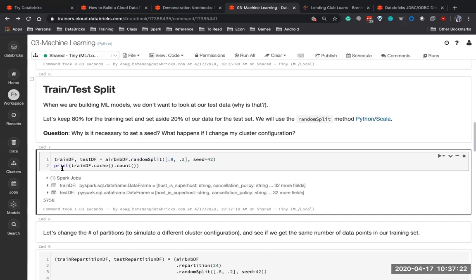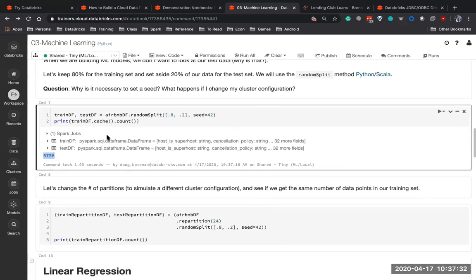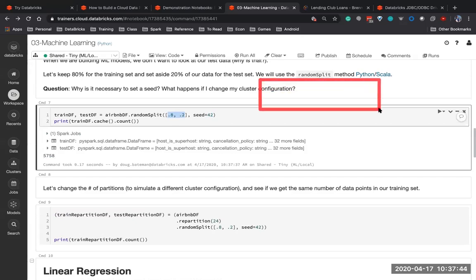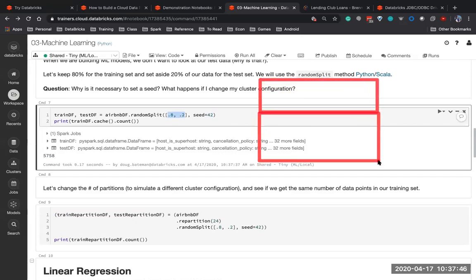And you'll see that in this case, my training data, I have 5,758 rows. So I've got that many records in that data set. Now, by fixing the random seed, if I was to run this code again, I'm still going to get that same split. The way it does the split in a highly parallelizable fashion, rather than doing a perfect 80-20 split,